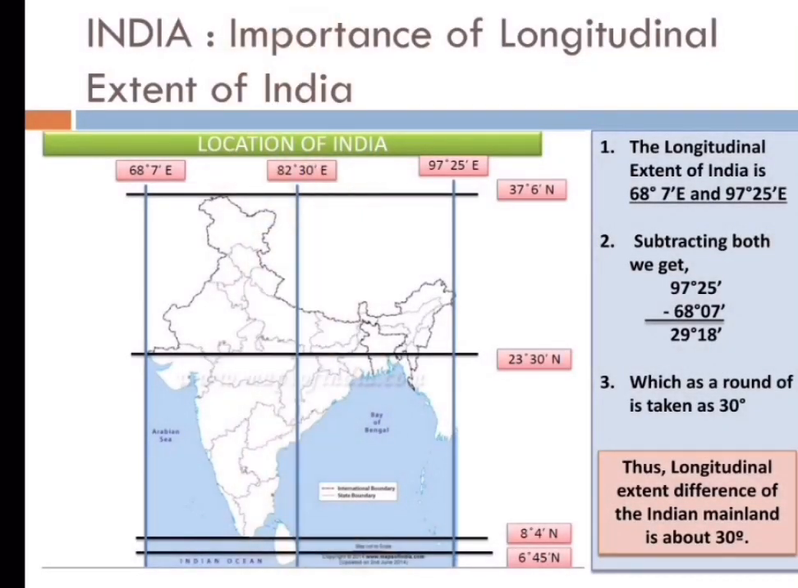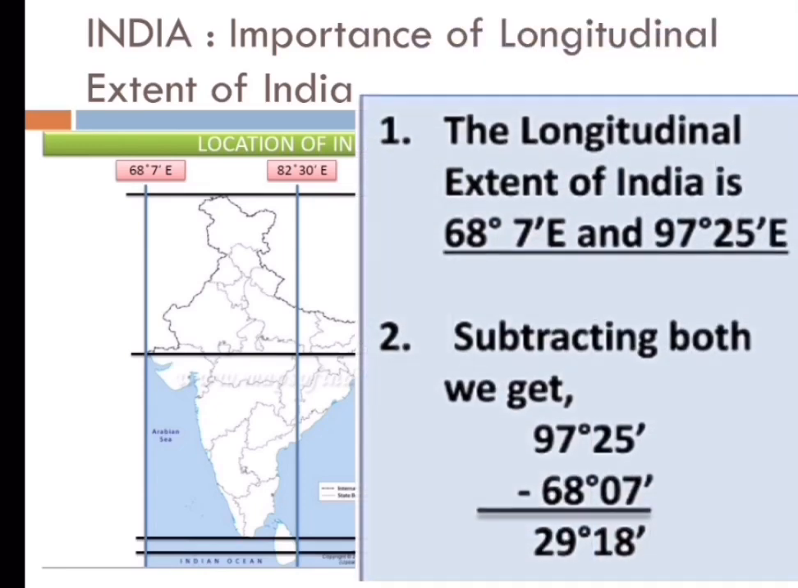The longitudes play the most important role in identifying the time of a respective region or a country. So today we will be knowing what exactly is the time in India. When I look at the longitudinal extent of India, as in the previous classes we have already studied, it extends from 68 degree 7 minutes east to 97 degree 25 minutes east. Now we are going to do some calculations here. If I subtract both the longitudes, that is 97 degree 25 minutes east subtracted by 68 degree 7 minutes east,